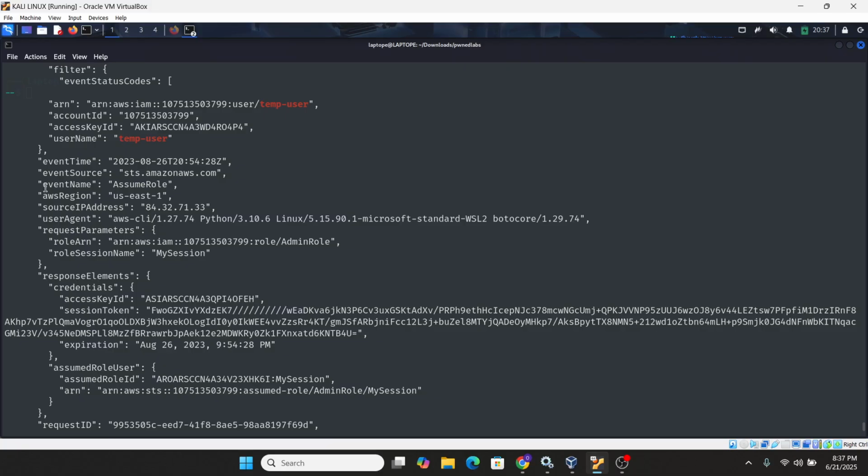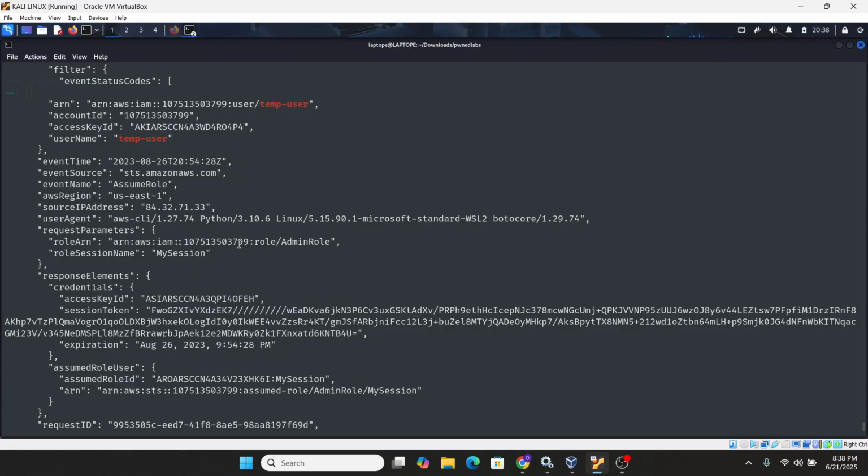This user performed an event. You can see that's AssumeRole. This user assumed the role here, and this is the source IP address. And the name of the role, the Amazon Resource Name, is admin role. So definitely there is a role attached to this user that made the attacker able to manipulate it to gain privileged access as an admin to perform the attack. You can see, and this is the role session name.